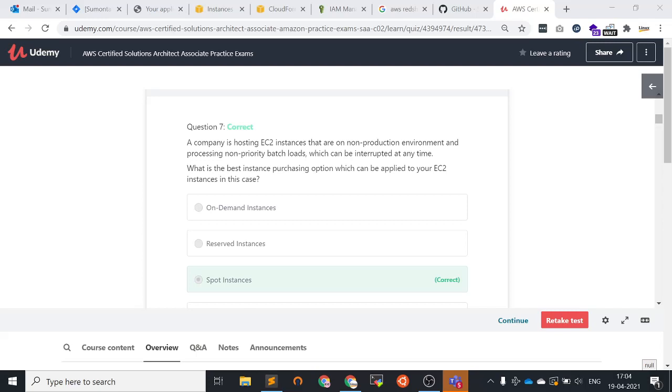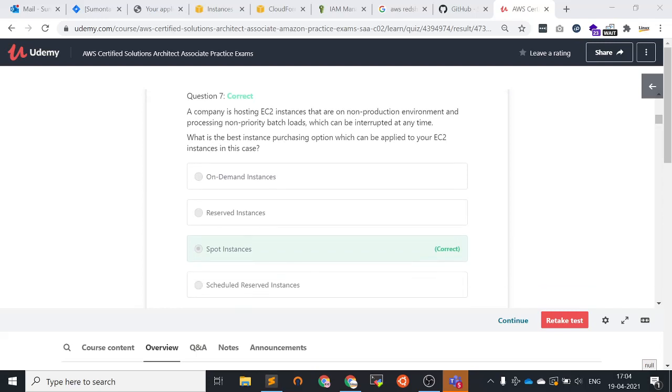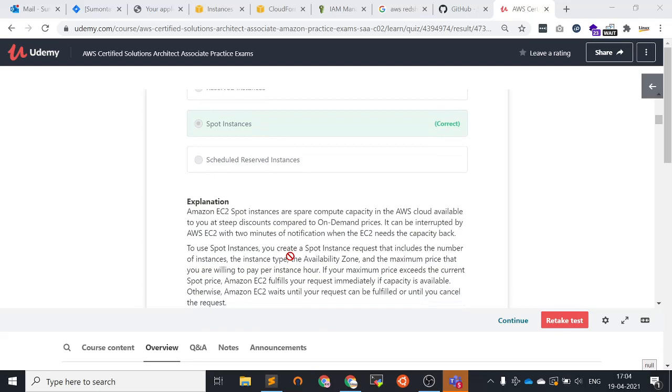So we can use Spot Instances to reduce cost, because a Spot Instance is spare compute capacity in the AWS cloud available to you at a steep discount compared to the on-demand price.